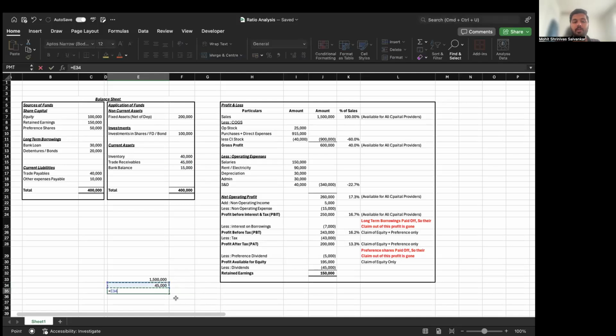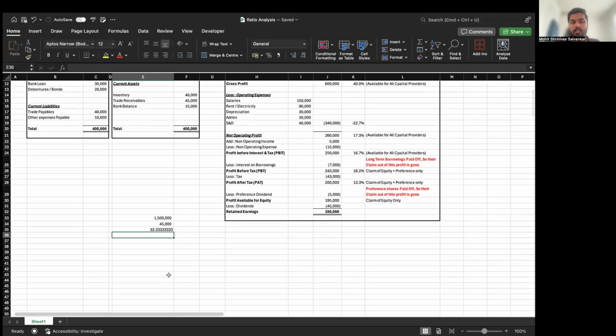If I divide this by this, it's 33.33, which means in plain business language, we can say that the receivables were turned over 33 times during the year. So the operating cycle, which I was talking about, happened 33 times in terms of